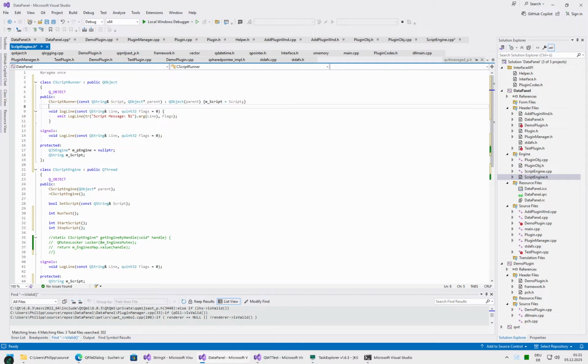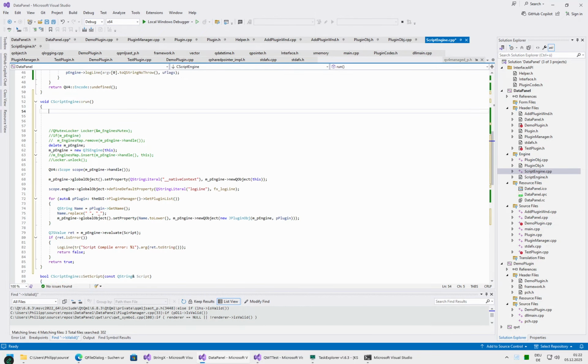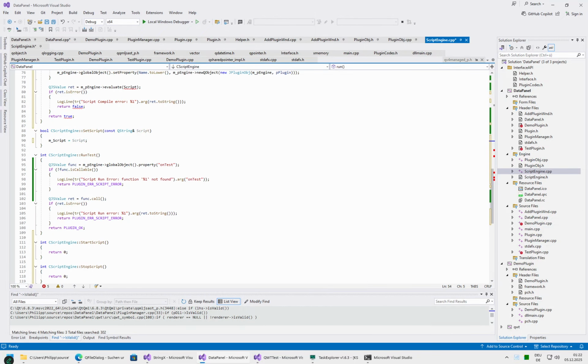We will also need a way to retrieve it. Just QString get script const, mScript. That should not be complaining. Yeah, now it's happy. Okay, so, and to run, we will generally need a run function that starts a specified